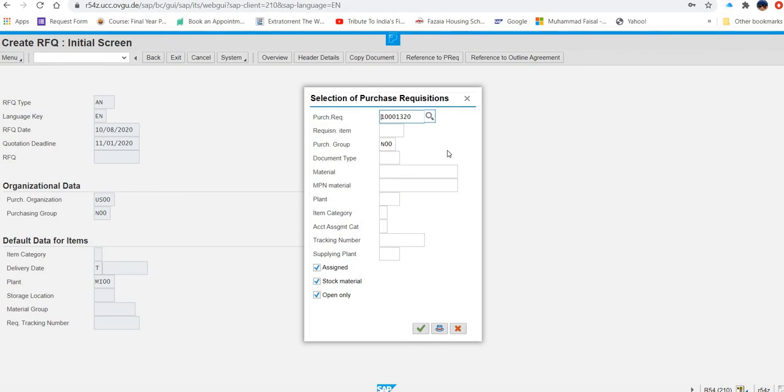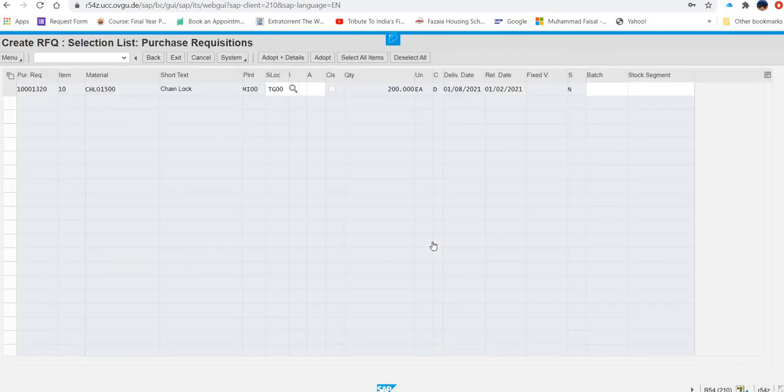So now this window is open. In this window now they are asking you to, already it is picking up my purchase requisition document number here. If it does not pick, you will type here. Okay. And then N00 is there. All three are selected. If your purchase requisition number is not already entered, please search. Okay. Now what next they are saying? Click here on this green tick. Now you are on this screen.